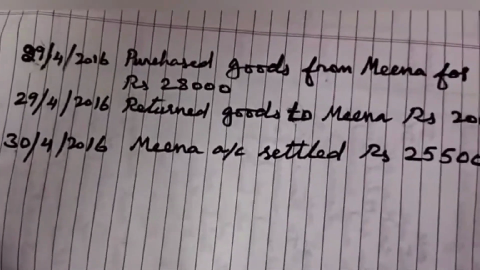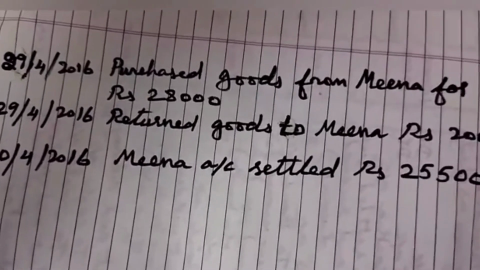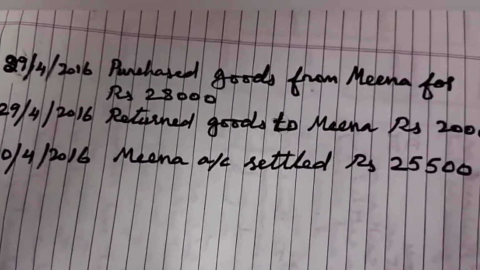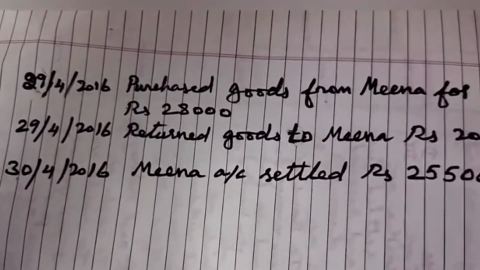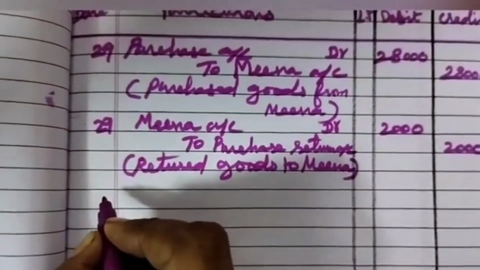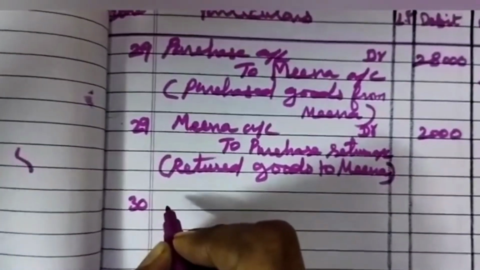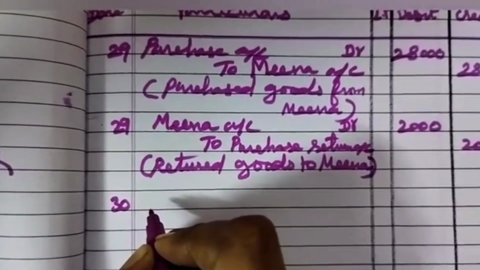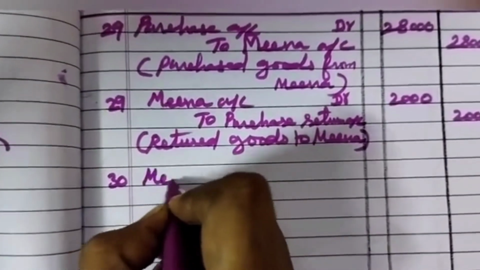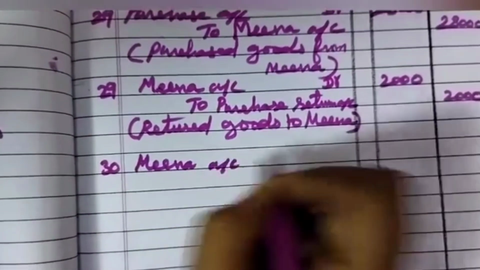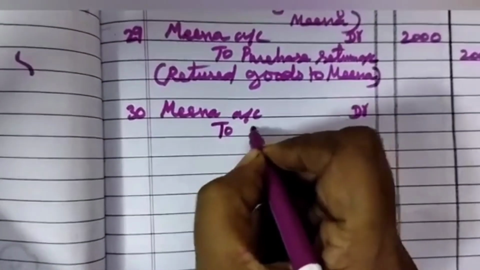30 April 2016, Meena account settled. Rupees 25,500. For this one we have to prepare the journal entry. What's the date? 30th April. So we have to write 30. Then we have settled the Meena's account. So we paid cash to Meena. Meena is the receiver. So Meena account should be debited. So to cash account